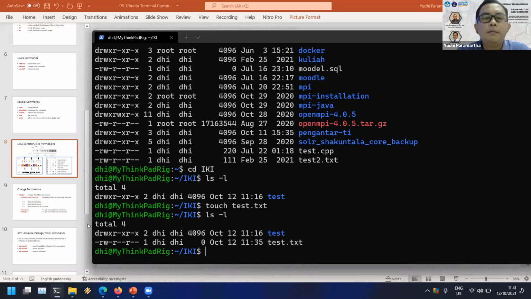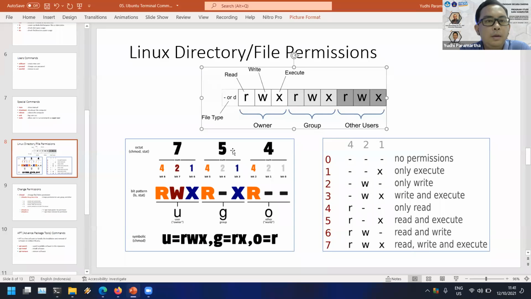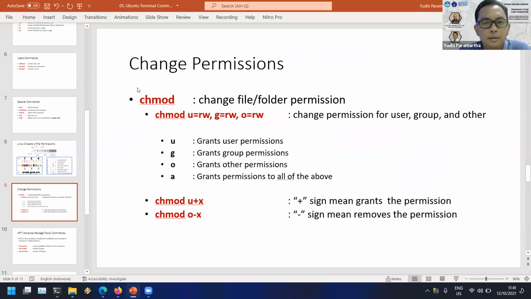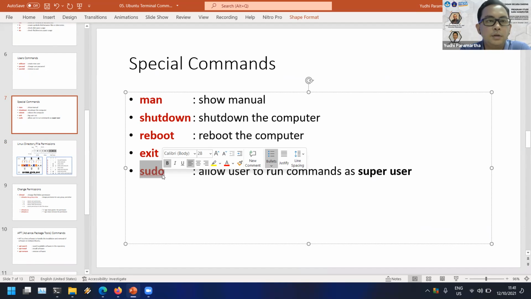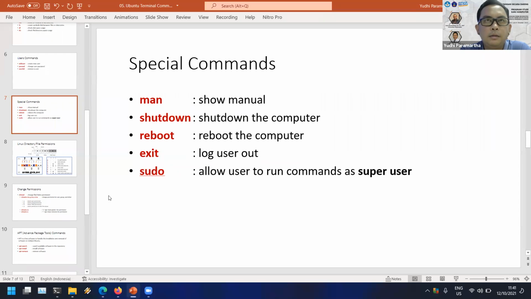But one of the users is called the super user. We will talk about this in this slide. There is a command called sudo. The sudo is for the super user. In Windows, you could call this the administrator user. When you first install Ubuntu on your computer, you are asked to create a username.